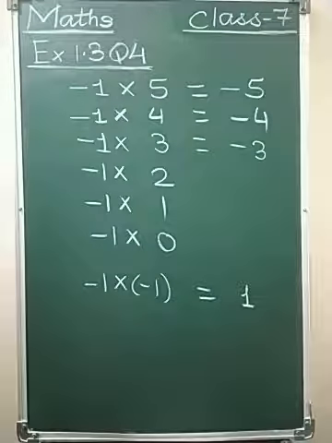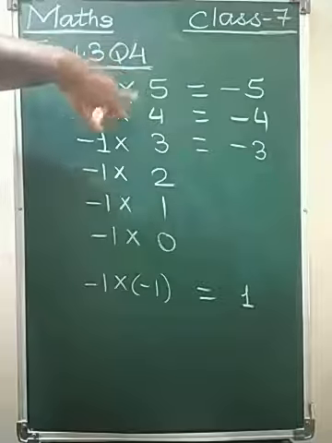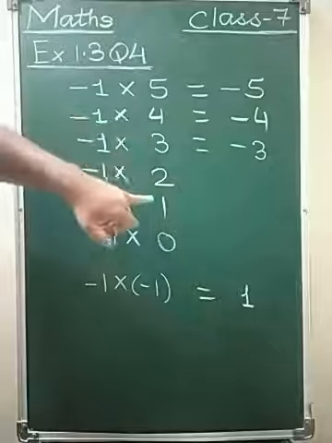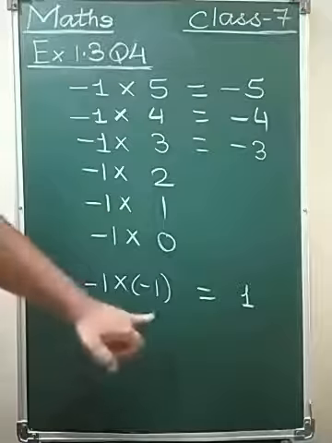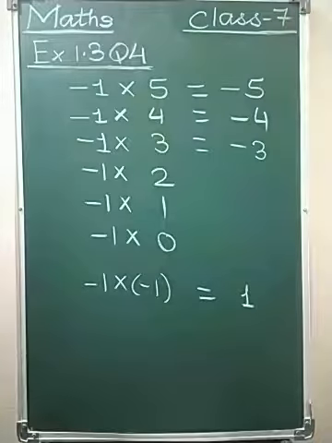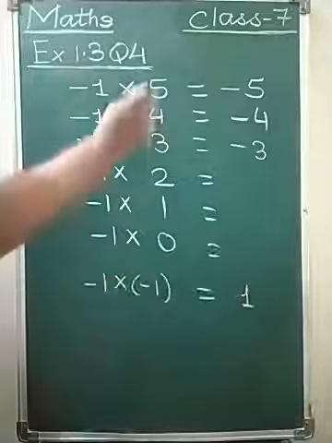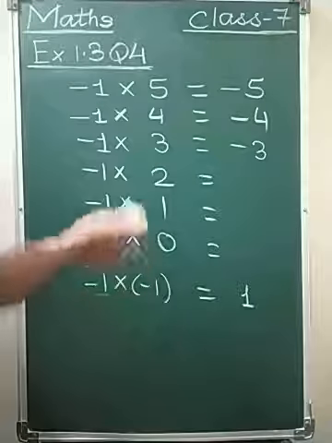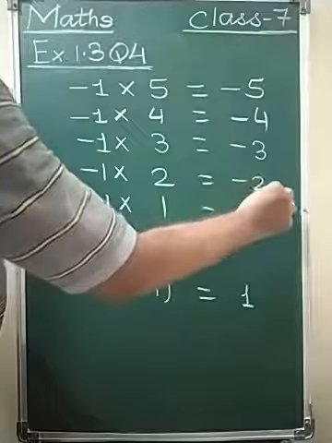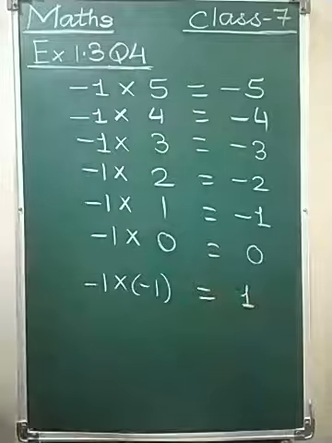Okay, is the pattern complete now? See here, on the number line, if you go in descending order, that is from right to left, 5, 4, 3, 2, 1, 0, minus 1. If you go beyond this, minus 2, minus 3, minus 4, and so on it will go on. So what would be the answers now? So 5, 4, 3, 2, 1, 0. So minus 1 into 3 we get the answer minus 3. Here the answer would be minus 2. Here the answer would be minus 1. Here the answer would be 0.